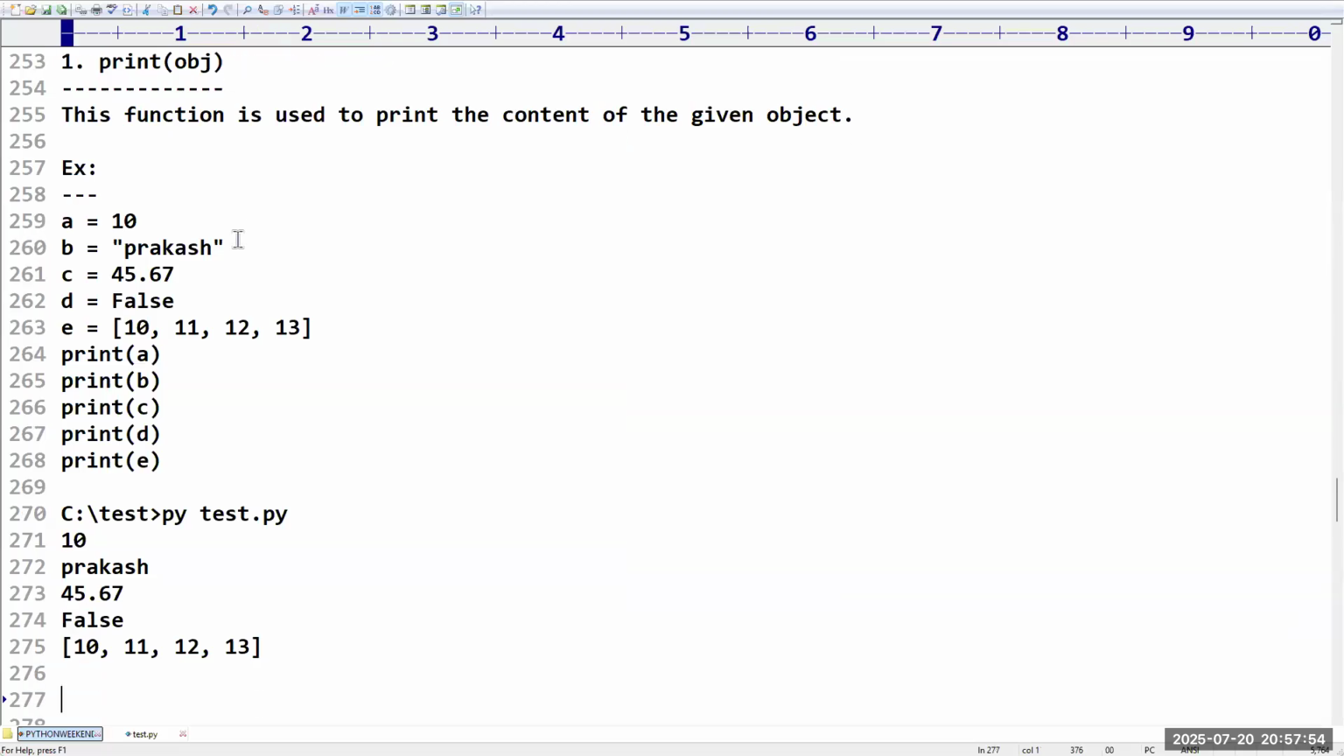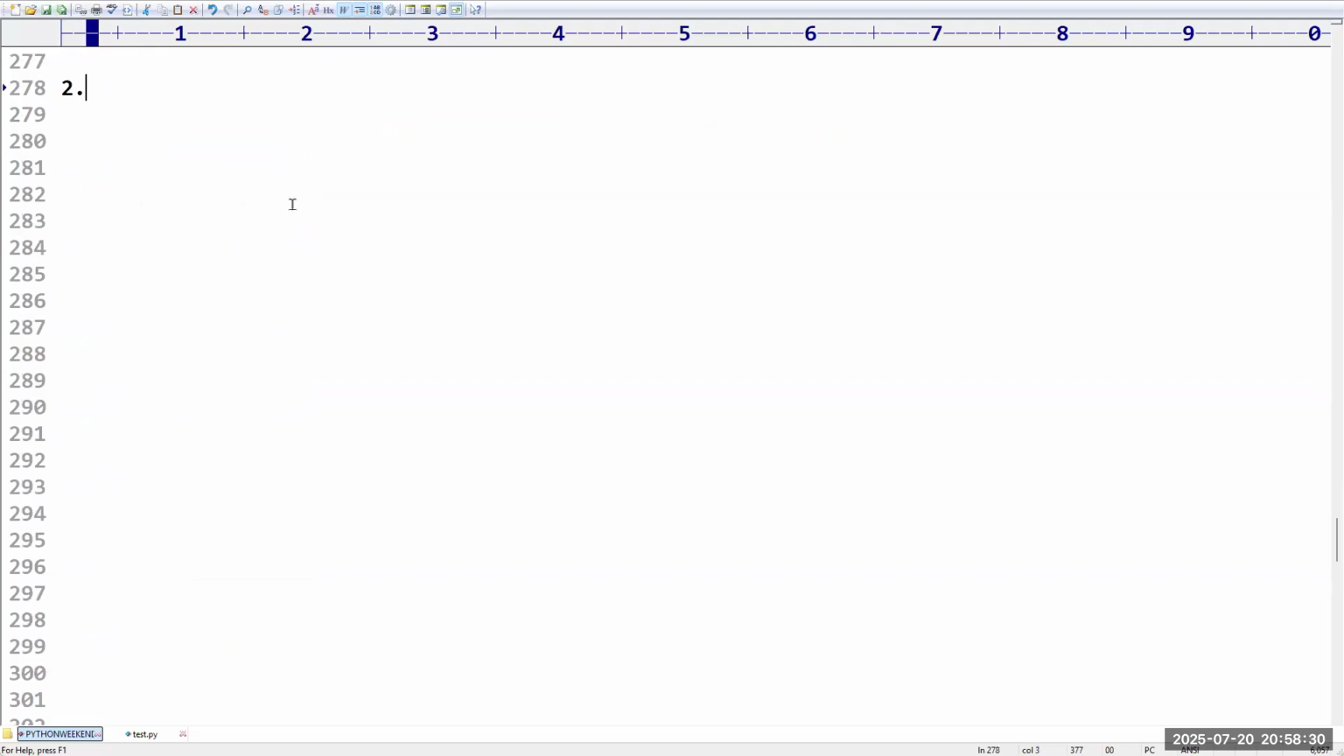This is nothing but the first function that we have. Sir, print of obj. Everyone feeling comfortable up to this? Any queries? Sir, if you are clear, I will go to the next function. Please confirm. Now, the second function that we have here is